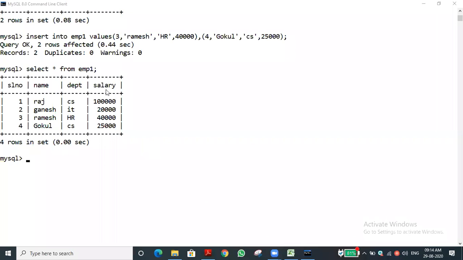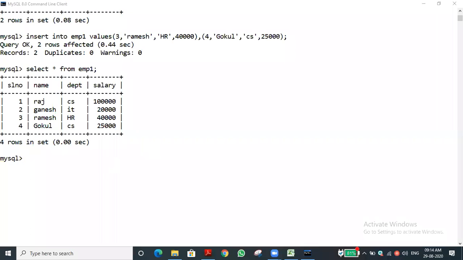Okay, what is the query? Can anybody say that? Sir, select star from EMP1 where salary is greater than 20,000. Select all from EMP1 where... Not typing. 1 minute.